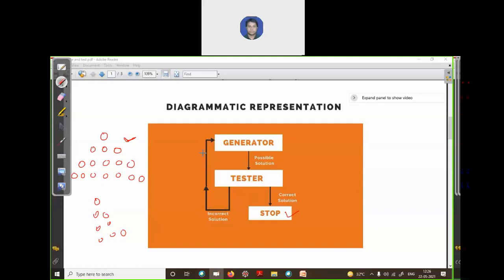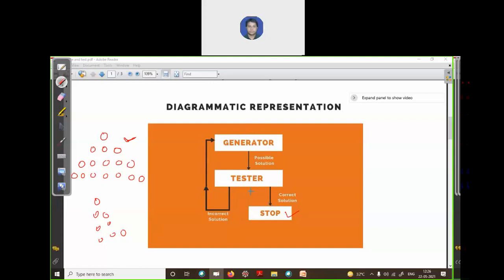Otherwise, you will go to your code, apply some change, run the code again and see the solution. Is it the solution you are looking for? If it is, then stop. Otherwise, you will repeat this step until you reach your goal state, meaning you will explore all the possible ways to reach the goal.